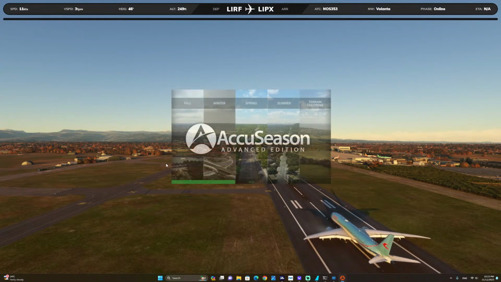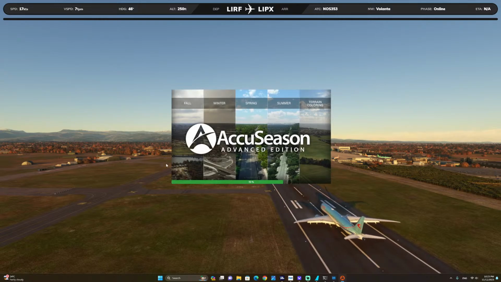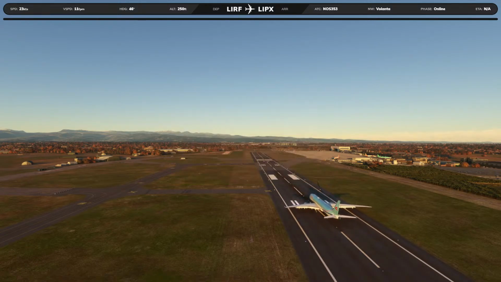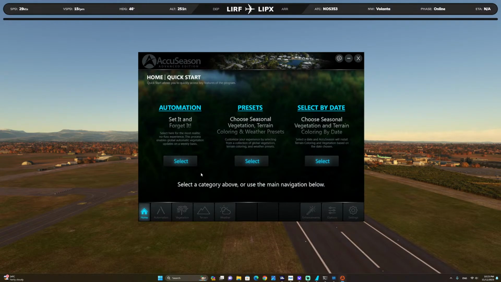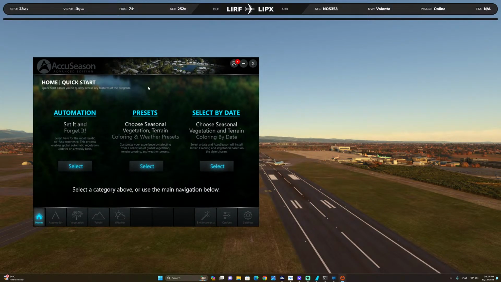So once you start the program, there are a number of things that you can do. And all right, so this is the interface, which is a very simple interface. It's got the automation, set and forget. I tend not to use this because it uses the scheduler in Windows to create a scheduled task. I have a tendency not to like things that do that because it just starts popping up at times and it's like, do you want to do this? So I don't use it, but you can use this if you want.